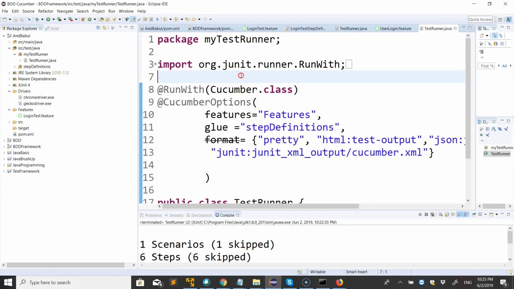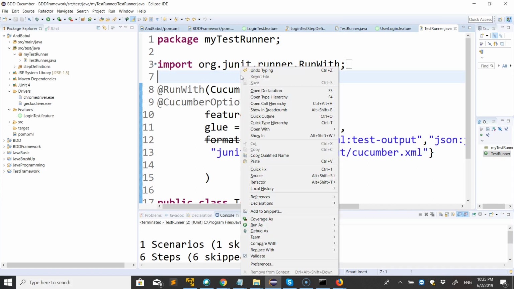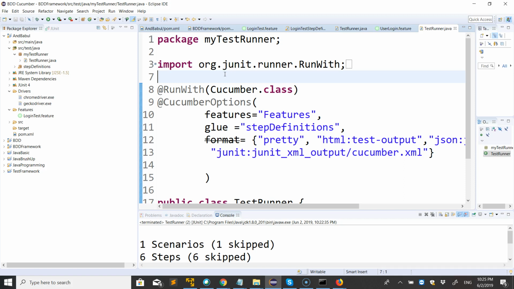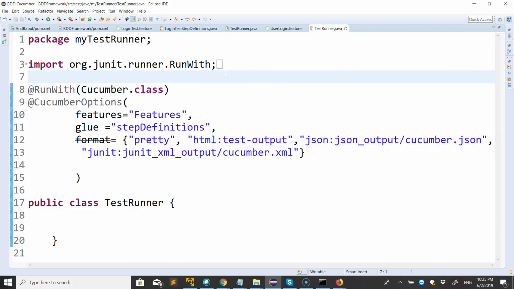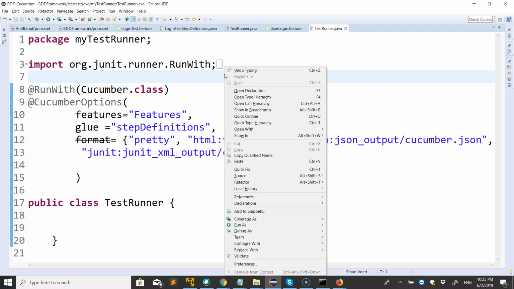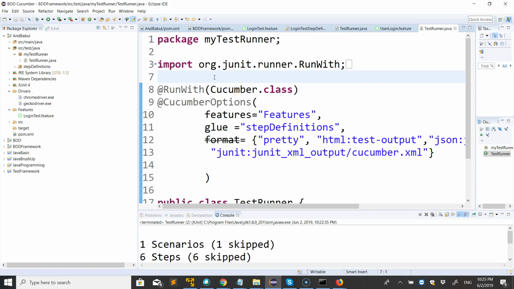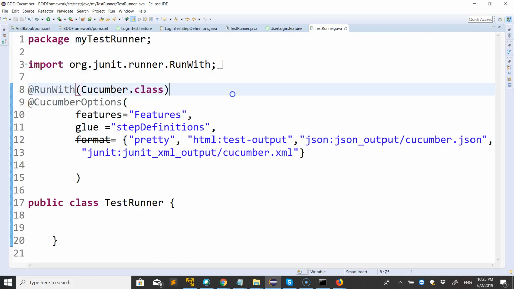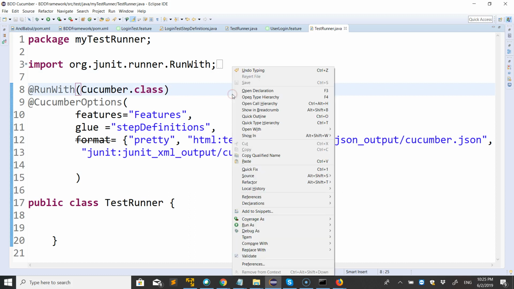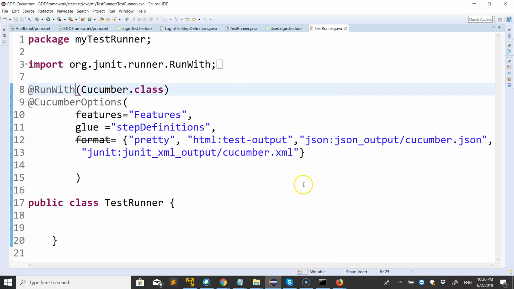Then I just right button click. Let me make it bigger screen. I just press Control M and it has become bigger. When I press Control M again, it will be restored. Okay, Control M, then I just run, right button click, run as JUnit test,